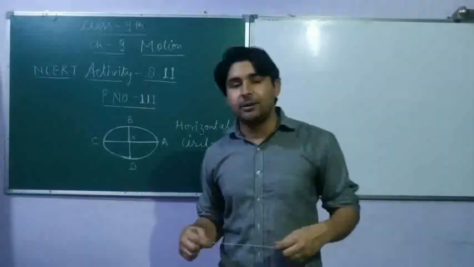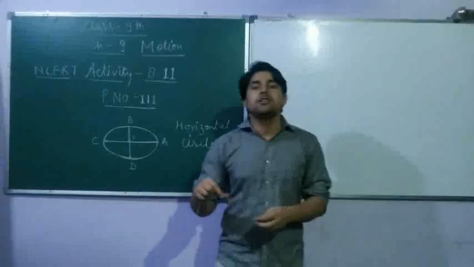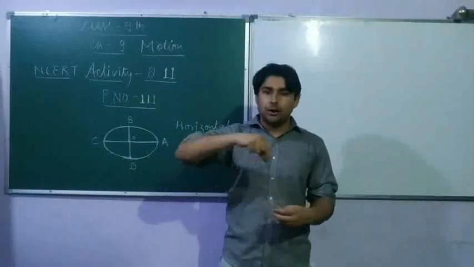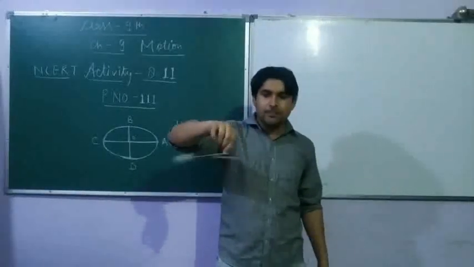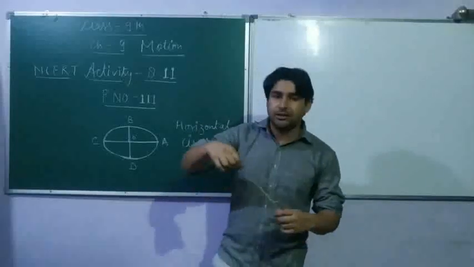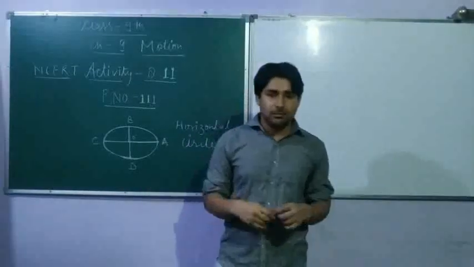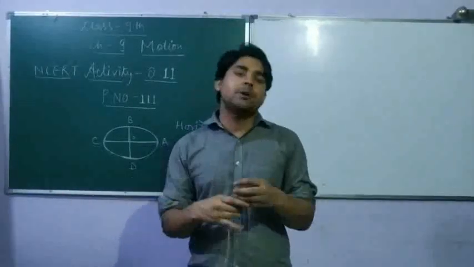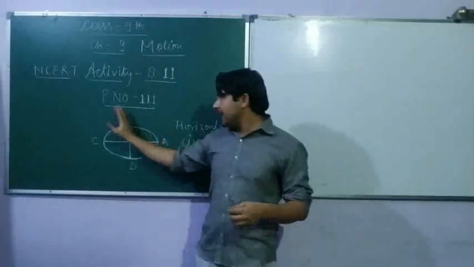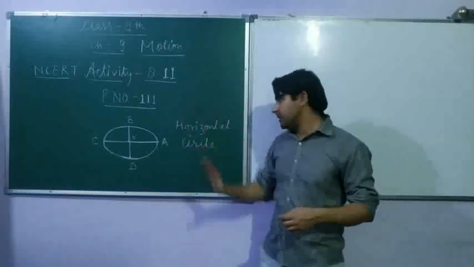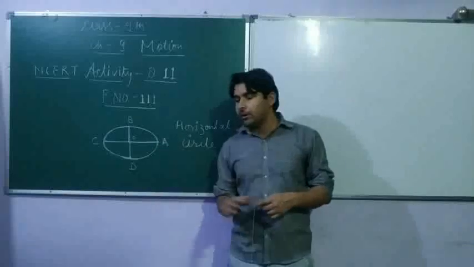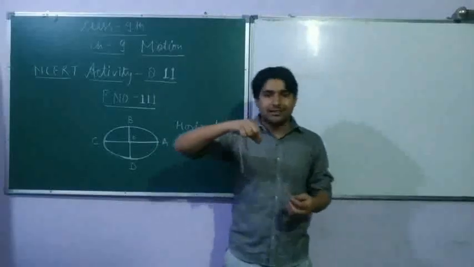So the activity is so simple. Instead of rotating this object overhead, I will rotate this wheel like this, because it may hurt something or hit something in the room, so it may be a little bit dangerous. So try to perform it. I have written all the information about this activity, and I will write the conclusion over here. So let's do it first.